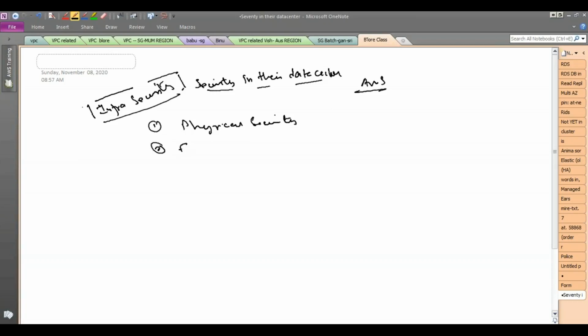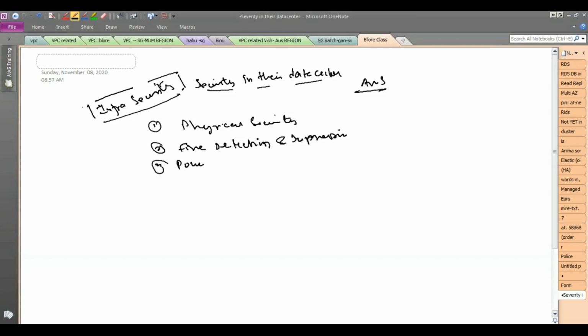Next is fire detection and suppression. We don't do any of this, AWS takes care of it. They have processes, alarms to detect where there is a fire and to put it out. They have mechanisms to handle all these things.